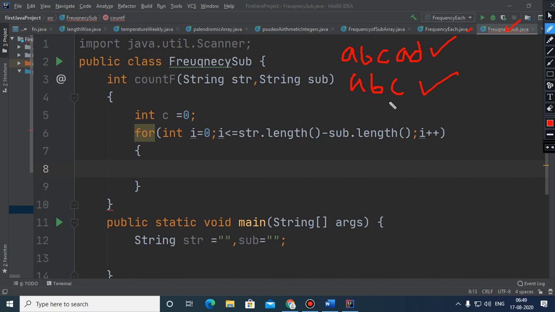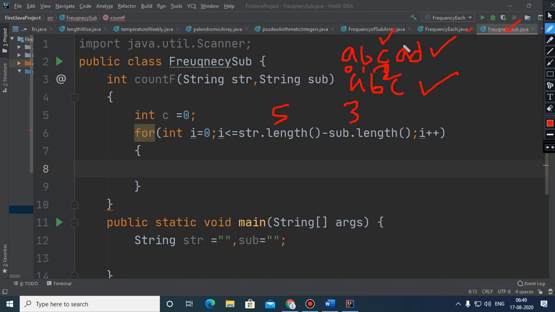So the loop here will go up to index number 2, since 0, 1, 2. The original string's length is 5 and the length of the substring is 3.